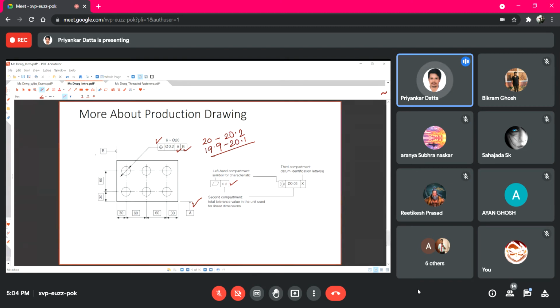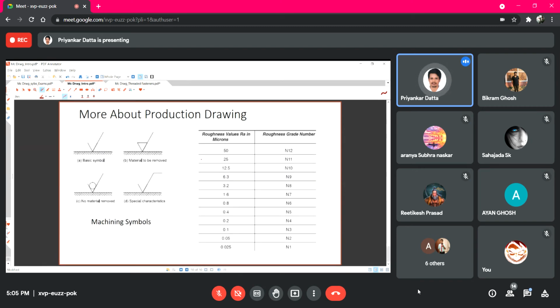Based on that, all the dimensions can be understood easily, so that in the production or manufacturing shop, when someone manufactures a component, it is easier for that person to understand what the designer is thinking and trying to create.